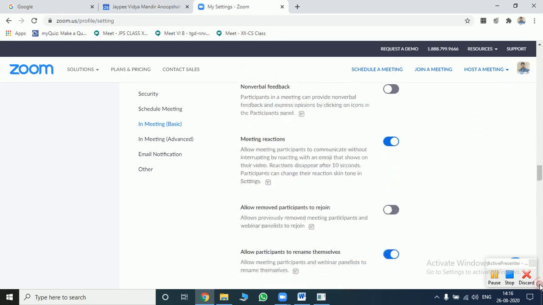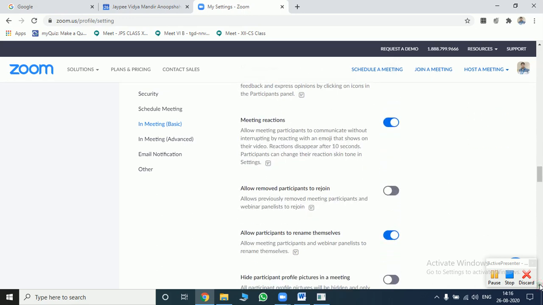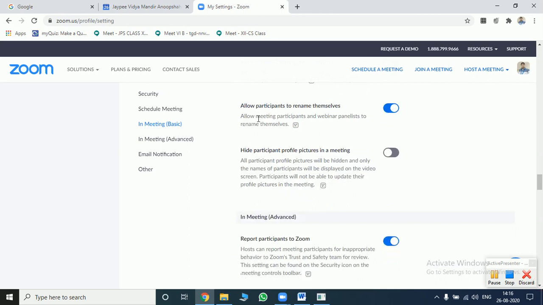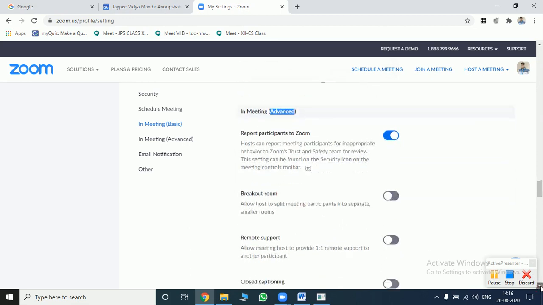So disabling the chat and disabling the annotation, these two points are very important, and these can be done using this web portal. Okay? And few more things like allow participants to rename themselves, and now a list of controls which are under the advanced category starts from here.